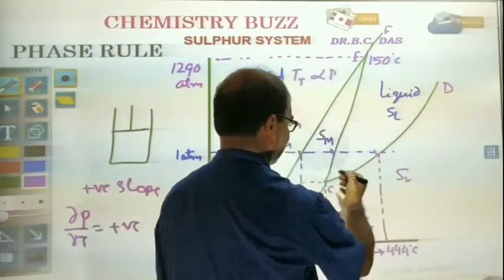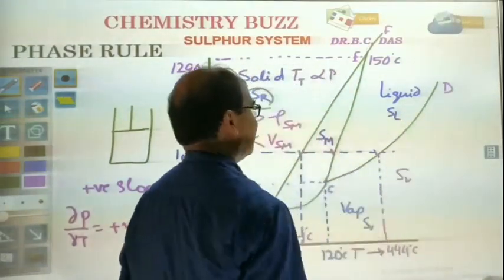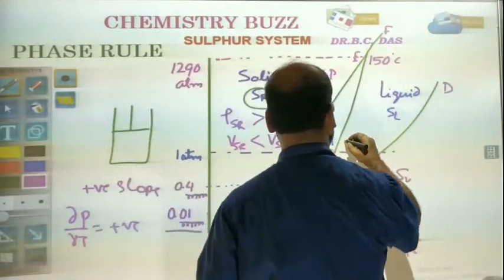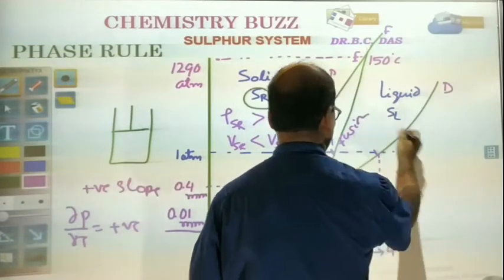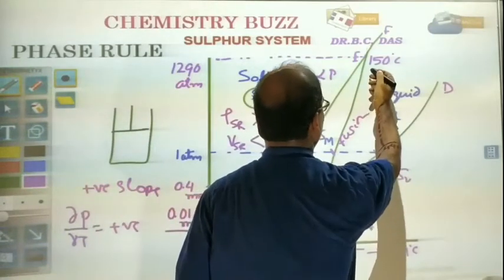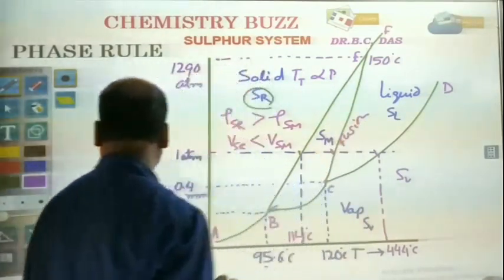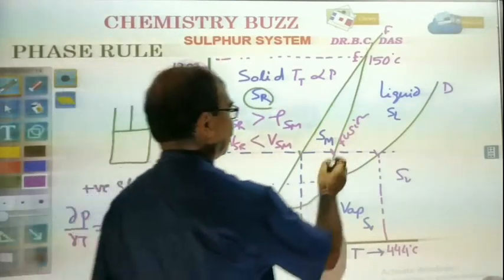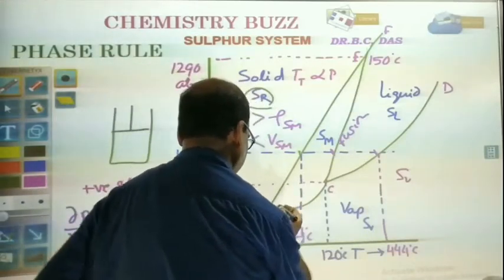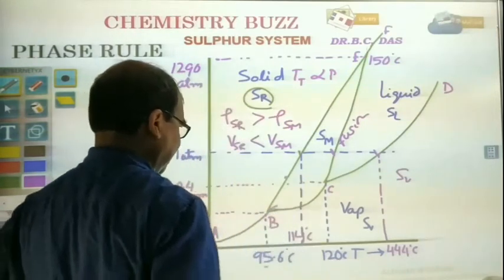Also, in this curve you see, when pressure increases, the boiling point of this liquid sulfur also increases. And also consider this curve, the fusion curve of monoclinic to liquid sulfur. If we increase pressure, then the fusion temperature also increases. Okay, so this is the effect of temperature and pressure on the phases of different type. So if we consider a point here, and at this point, we increase the pressure,